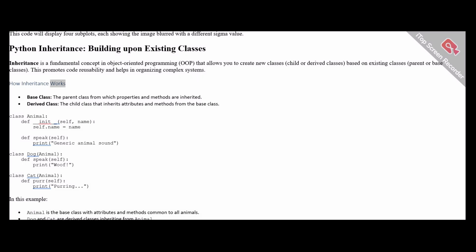How inheritance works. Base class: the parent class from which properties and methods are inherited. Derived class: the child class that inherits attributes and methods from the base class. class Animal: def __init__(self, name):